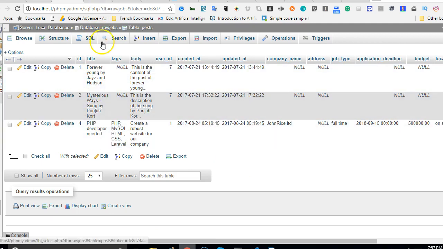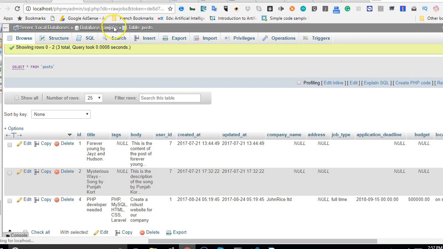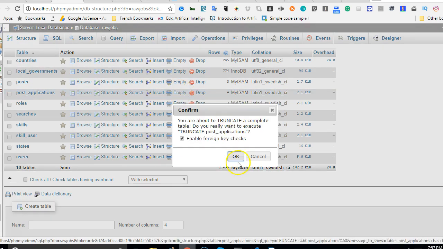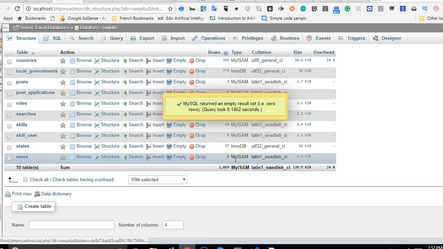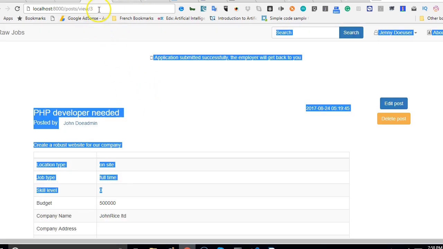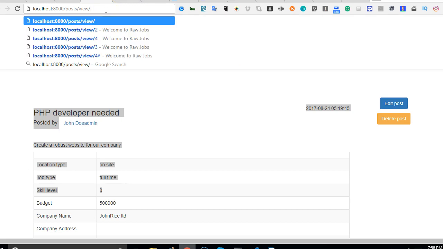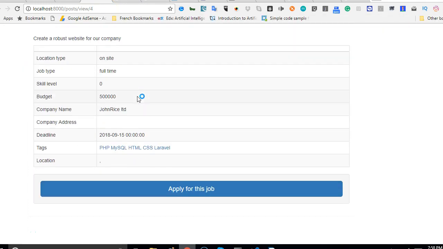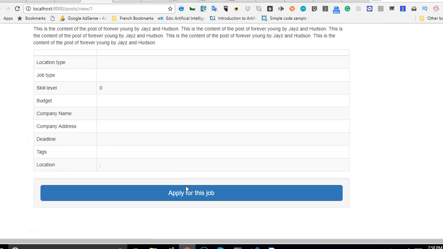So to test it again, we'll just clear up whatever we have in our post applications table. I'm just going to empty it so that everything we have applied will be gone. Okay, it's now empty. So what we're going to do is refresh at least one page. I'll go to the 4th page and hit enter. As you can see, it's telling me to apply for this job. So when I click it, then what I have is